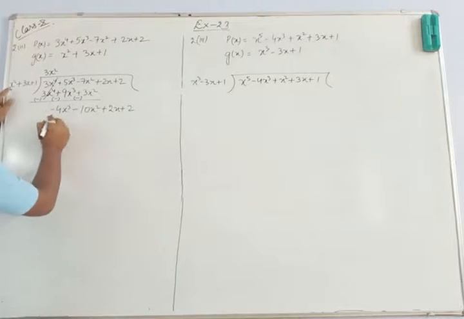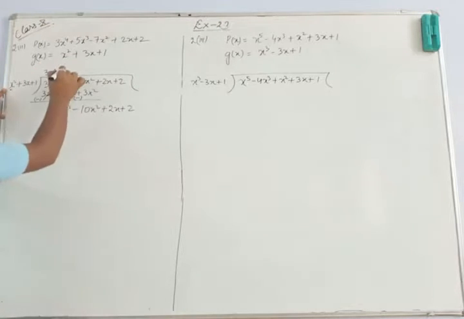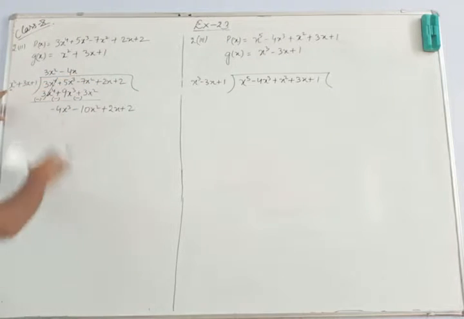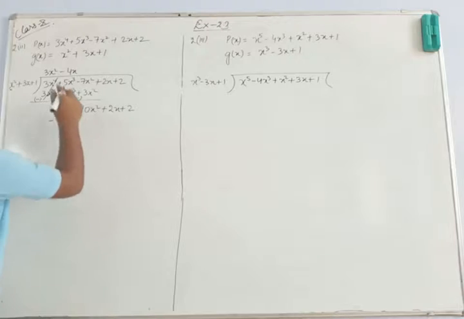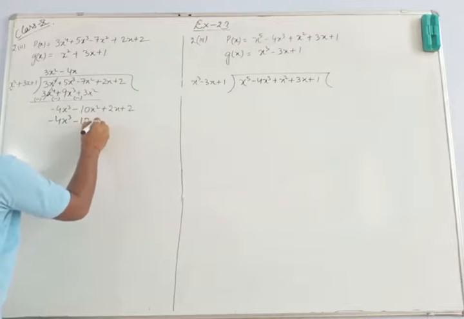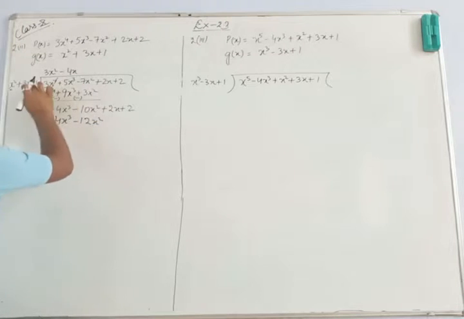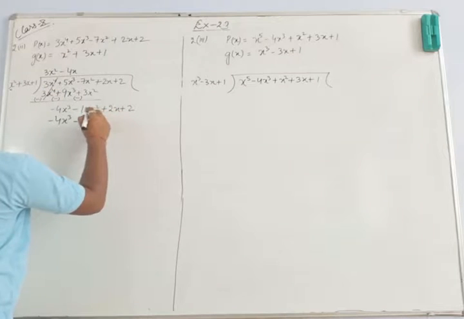Now this one term we have to eliminate. So what will we multiply with? Minus 4x. As we will be multiplying it with minus 4x, the first term x square into minus 4x will give you minus 4x cube. The second term, plus 3x into minus 4x. 3 4s are 12. So minus 12x square. And minus 4x into plus 1 will give you minus 4x.